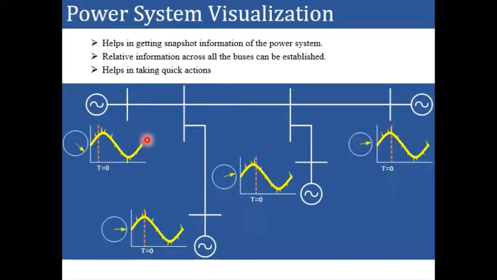Now, if we extend the same concept to multiple buses of the power system network, what we will get? We will have a better visualization of the power system network because it helps in getting snapshot information of the power system. The relative information across all the buses can be stabilized. So if you see this figure, there are 4 buses in the power system, and if the satellite sends a pulse